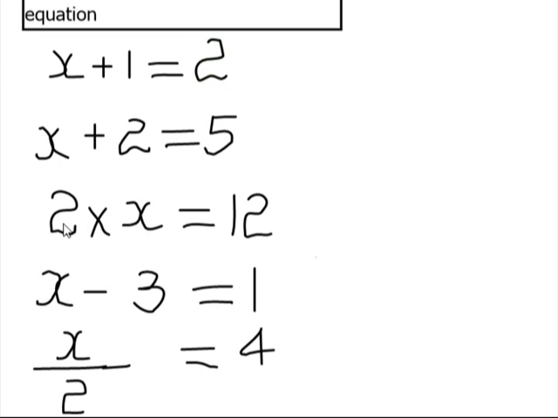Easy. 3. 2 times x equals 12. 6. x minus 3 equals 1. This is 4, right? x over 2 equals 4. This is 8. Easy. You see, those are equations. It's really easy. But you know what,